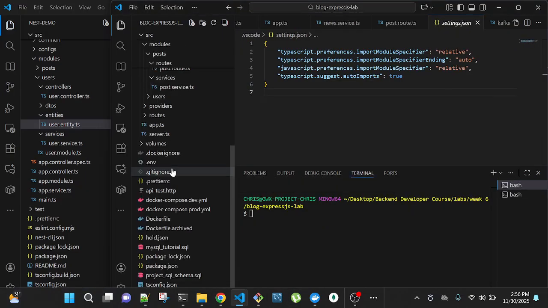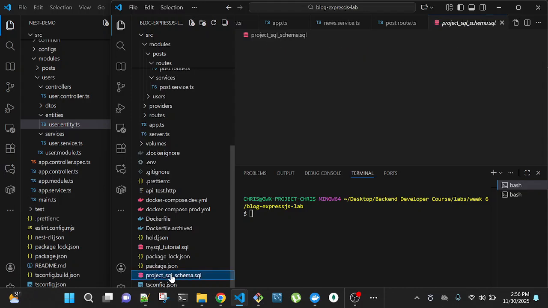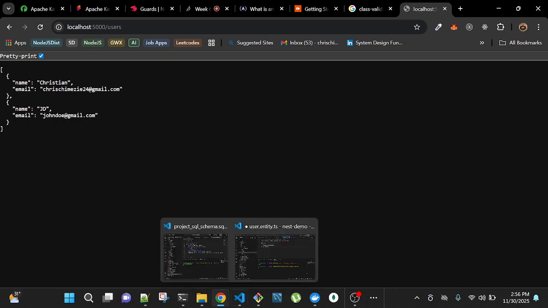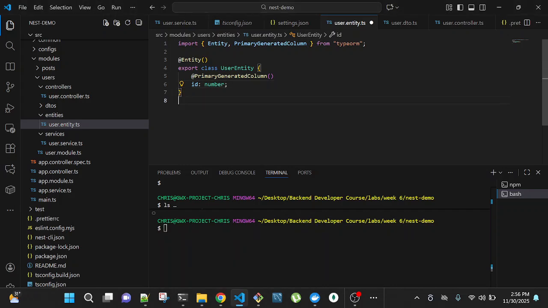So it's equivalent to this here. If we go to our SQL query that we used here, what we did is equivalent to this. We are making it an integer, then it's auto generated, and it's the primary key. That's what it is going to be translated to, because everything we define in our entity class will help TypeORM convert it to whatever database we're going to be using. Here we will be using MySQL.